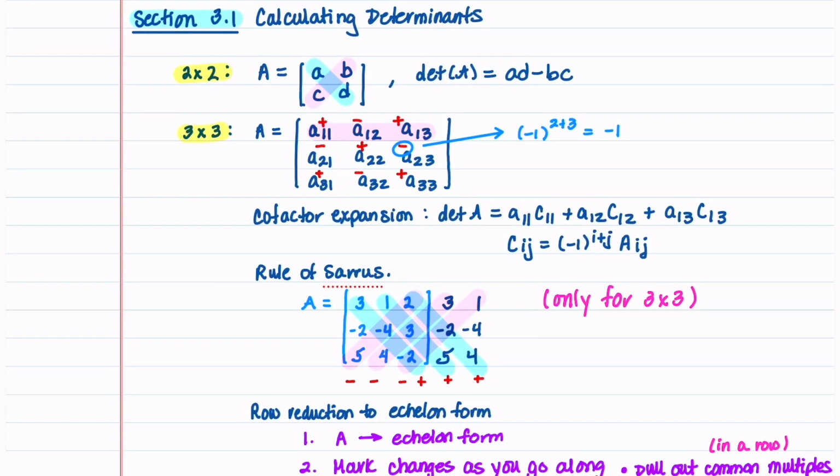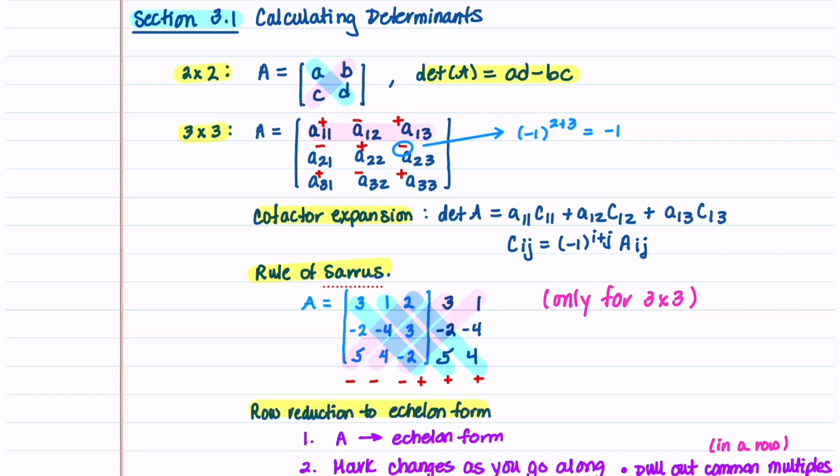The formula for calculating a 2x2 determinant is right here. You just multiply the entries along the main diagonal and then subtract off the entries from the off diagonal. For 3x3 matrices, we found 3 ways to find the determinant. We could find the determinant using cofactor expansion, the rule of Sarrus, also known as the shortcut method, or row